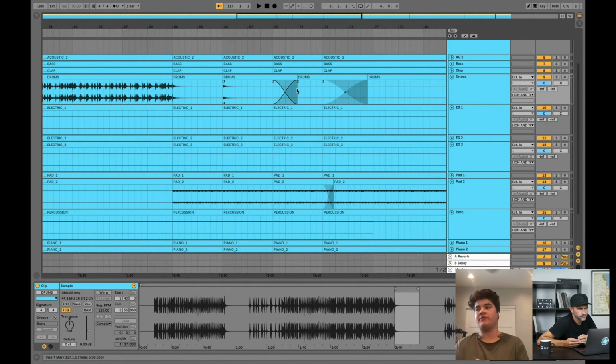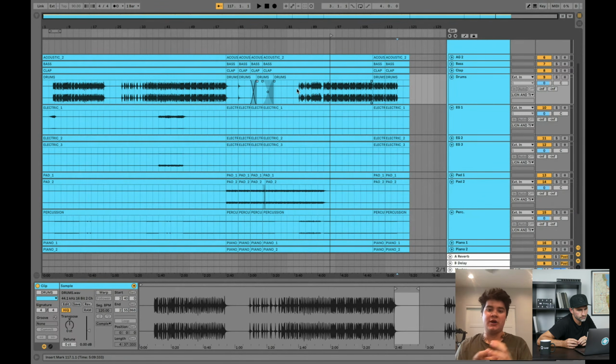But for a weekend service, when I know this is what we're going to do, this is the plan, this is what the team knows, I will then go and consolidate it earlier in the week, because it is true, the less that you have your computer do, the less of a chance anything is going to happen. Personally, I've never had Ableton crash on me using stuff like this, even with all the cuts. But I just know that the more cuts and the more fades and the more everything that you're doing, the more your computer has to work. So I try to do everything I can to make sure it's the simplest, easiest thing to run.